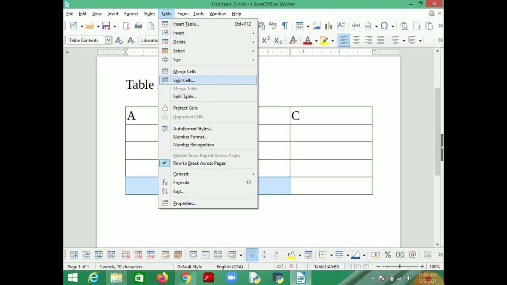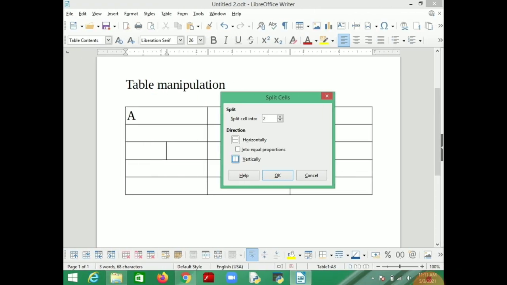Then split cells. If you want to divide a cell into two or three parts, then use split cells. Go to table, split cells, and press it, then you can see. One single cell was there, then I pressed split cells, split into two, and then you can decide vertically or horizontally. Here the cell is divided vertically into two parts.